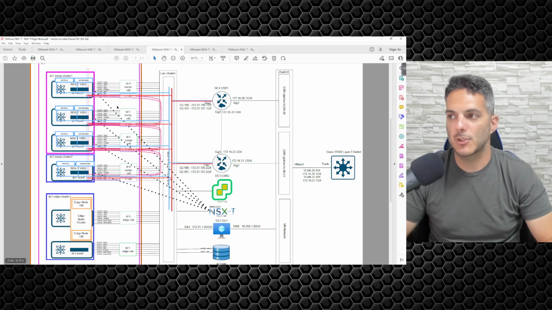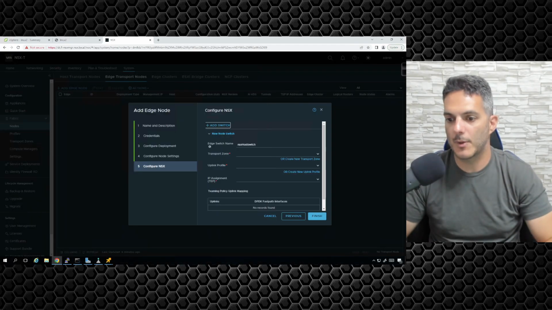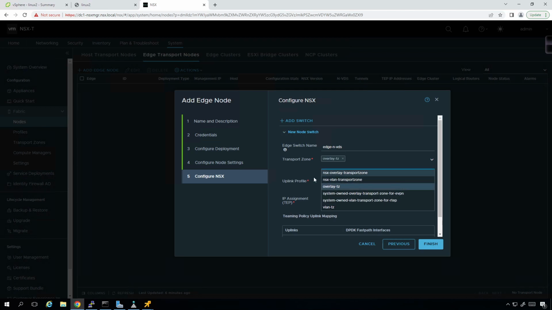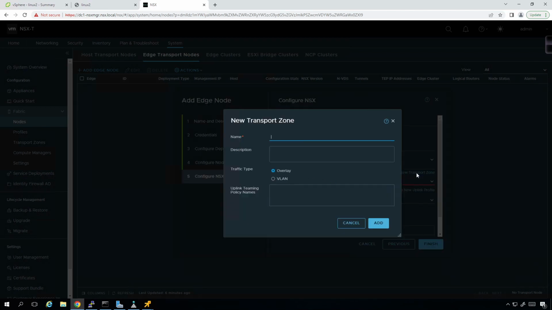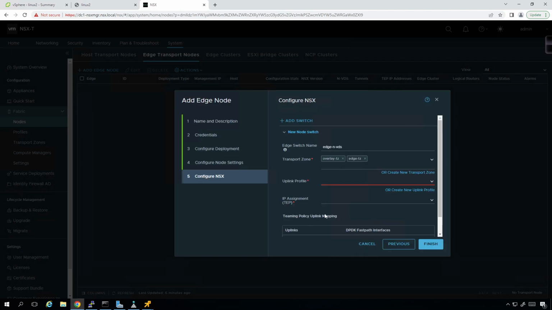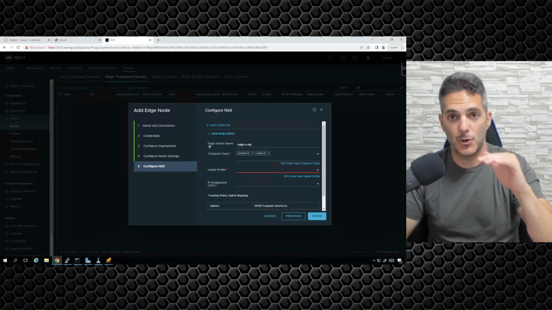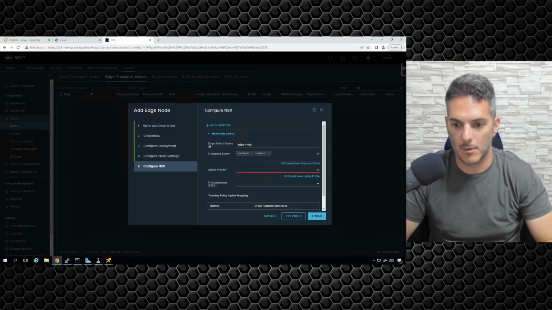So what I'm going to do, while we're here, is go ahead and create a new transport zone. The edge switch name is going to be edge-n-vds. The transport zone, I'm going to call overlay, but I'm going to create a new transport zone. And this new transport zone is going to be called edge TZ, and it's going to be VLAN. Now, the reason why I need one for VLAN is because from the edge node logically northbound,